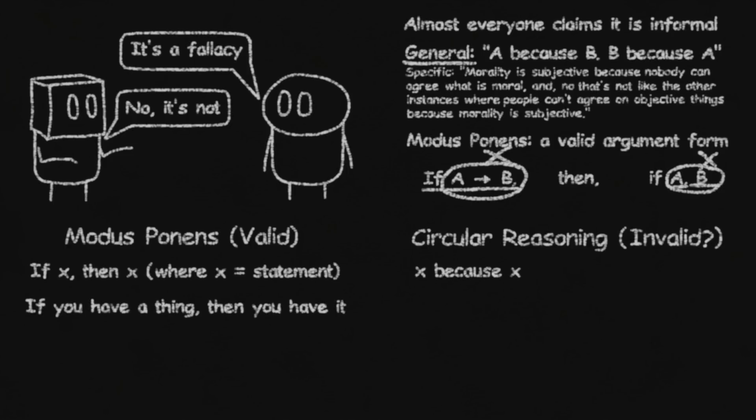So now, I'm not saying that modus ponens and circular reasoning are the same thing. Obviously, for lack of a better, more concise word, modus ponens is hypothetical. We do not need to assume the truth of the premise. We are simply saying that if the statement is true, then it is true. The difference here is that circular reasoning does not say if, and instead simply asserts that the statement is true by reason of it being true.